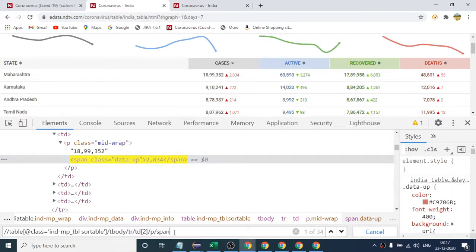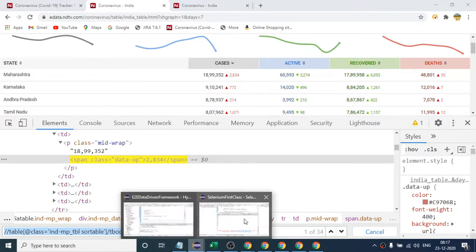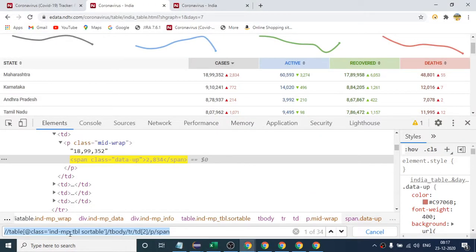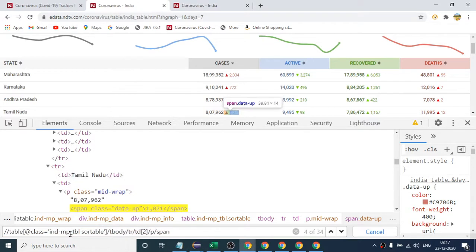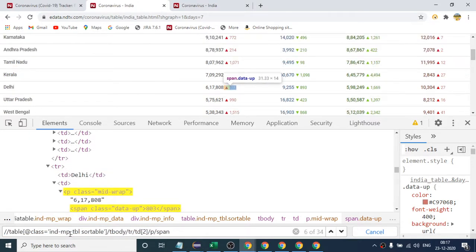So if I now modify my XPath and write this XPath here, you can see every time I hit enter, it will give me only the second number, not the first one, right?